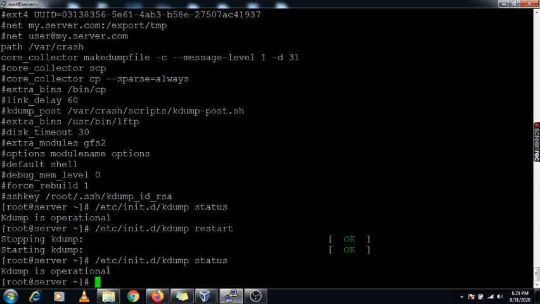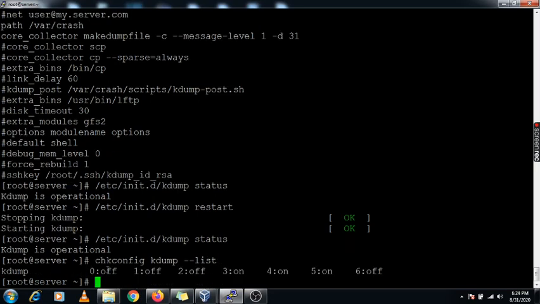You can set chkconfig kdump --list. Using it, on run level 3, run level 4 and run level 5 this utility is on. Whenever my server is rebooted, it will by default start on these run levels.